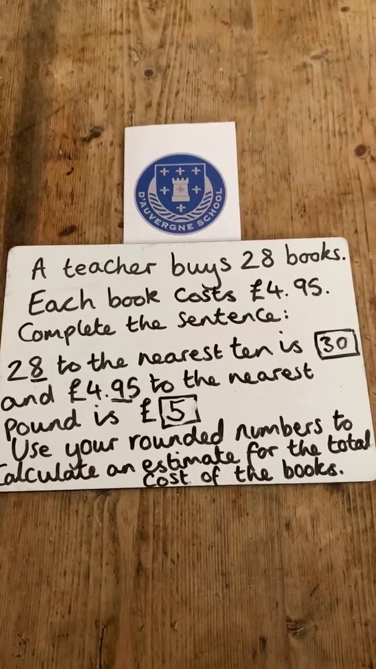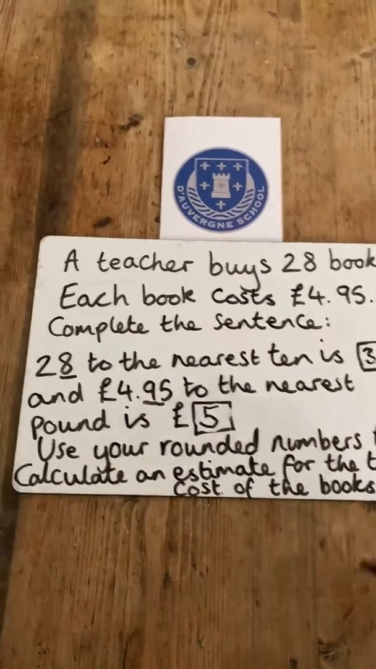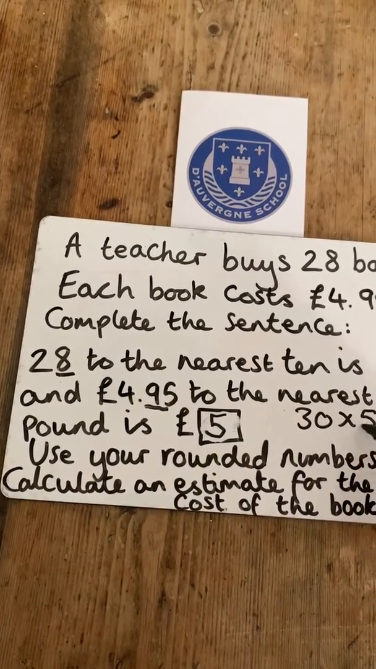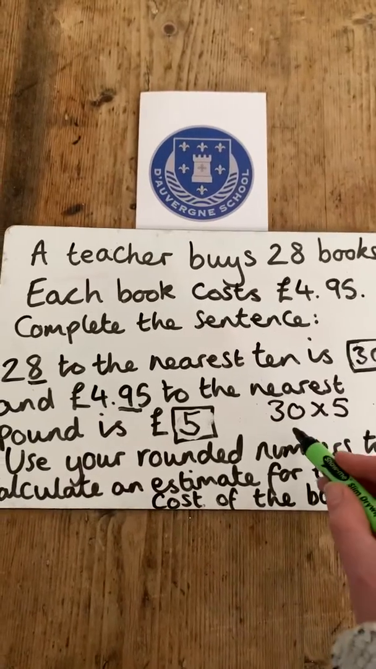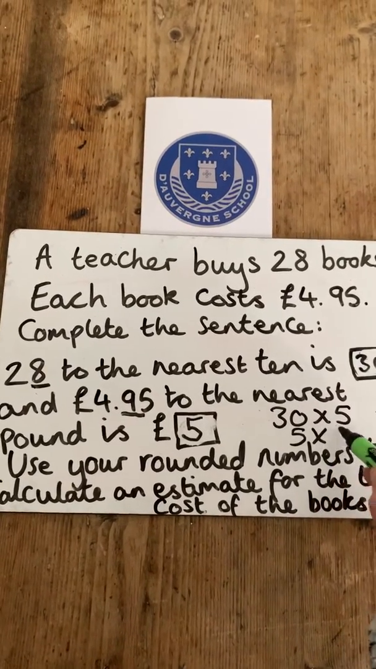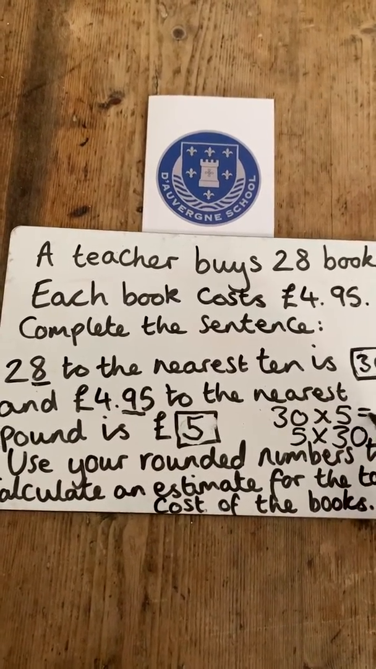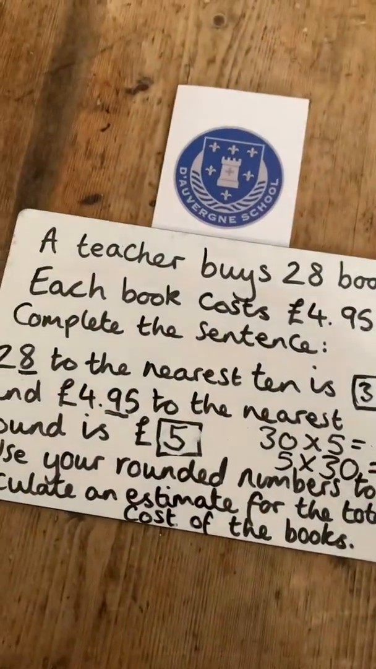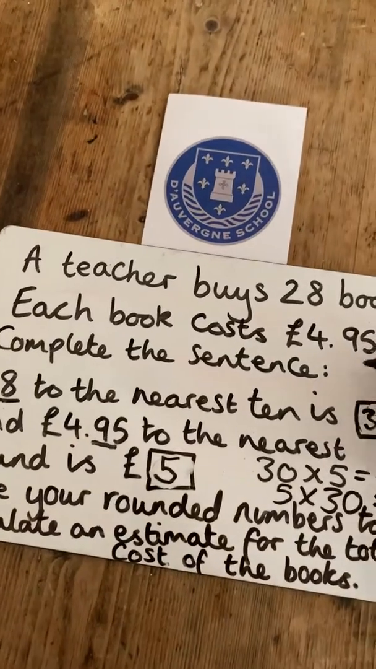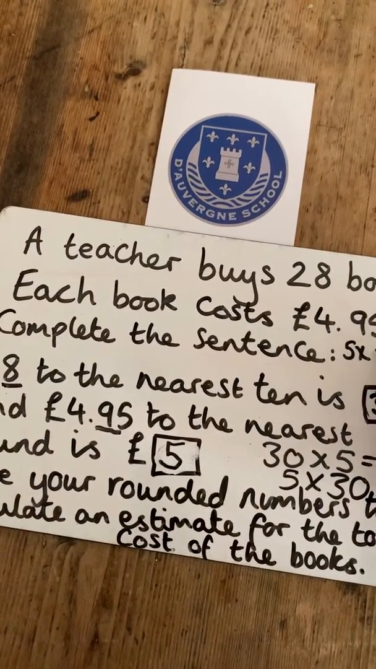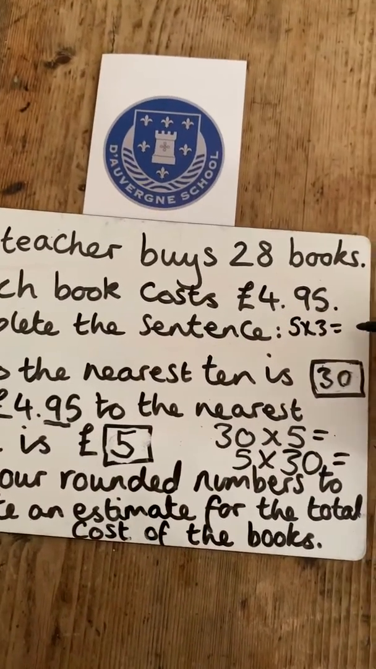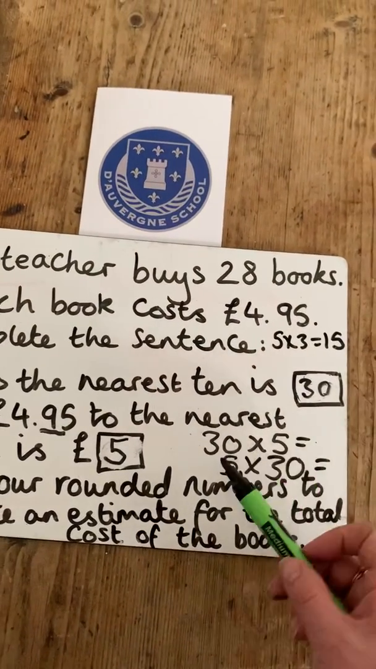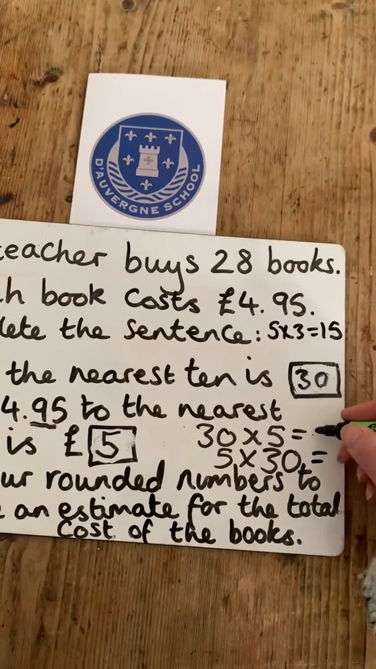So we're basically saying that 30 lots of 5, or 5 lots of 30, as we know multiplication is commutative, so it can be written either way and we will get the same answer. Also, what might help us with this question is if we know what 5 times 3 is. If you know what 5 times 3 is, and as we know it equals 15, that will help you, thinking about our place value, to know that 30 times 5 is going to be